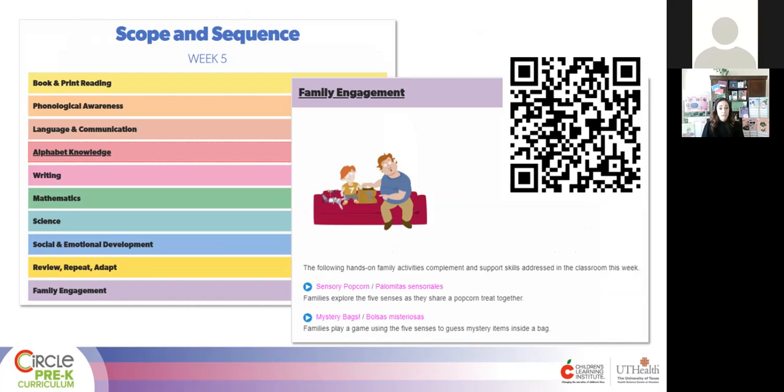I want to hop down to that very last tab, that purple tab. That is our family engagement tab. It's different from the rest of the ones that are in the scope and sequence because this really is specifically for your students' families. It's a great place where every week you're going to find activities that you can share